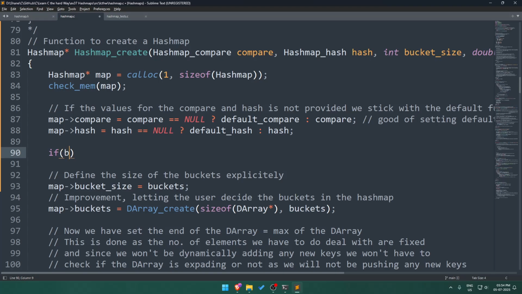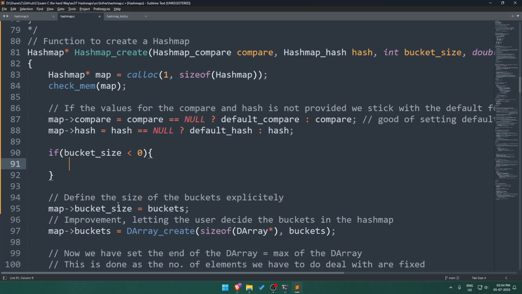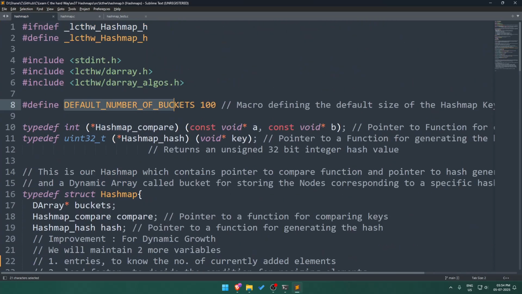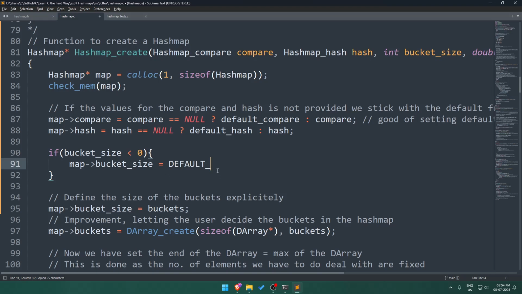Okay. If bucket size less than 0, right, then map dash bucket size equals default number of buckets, right? I'll just copy this default number of buckets. Else